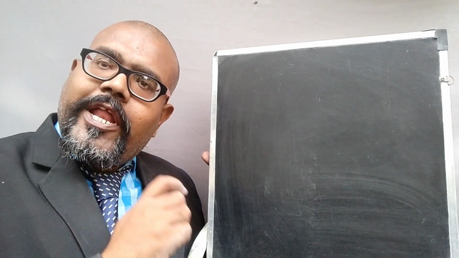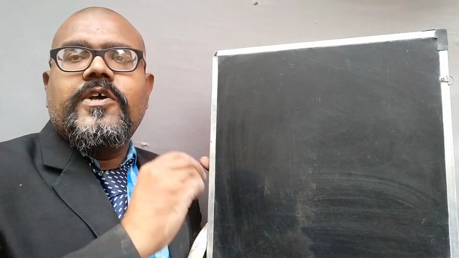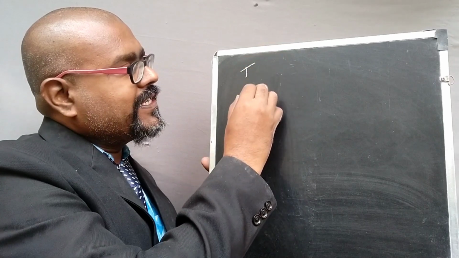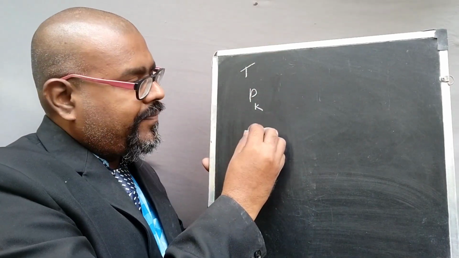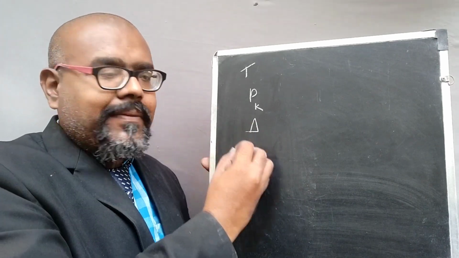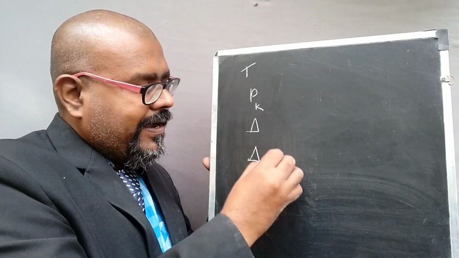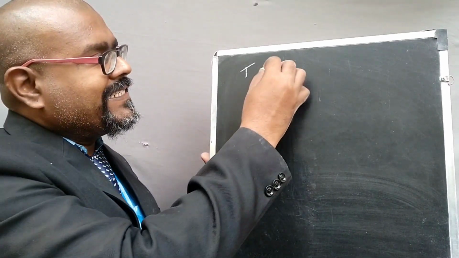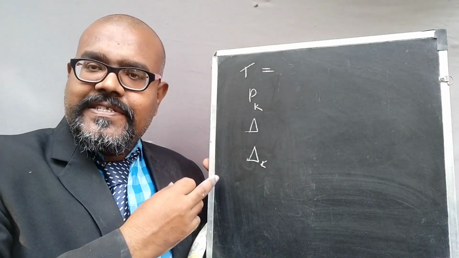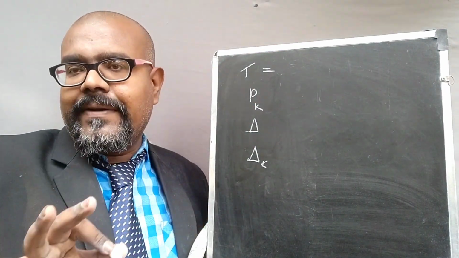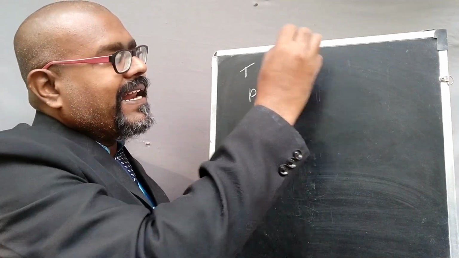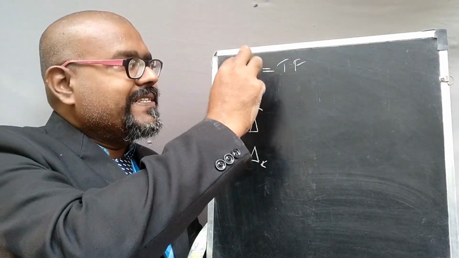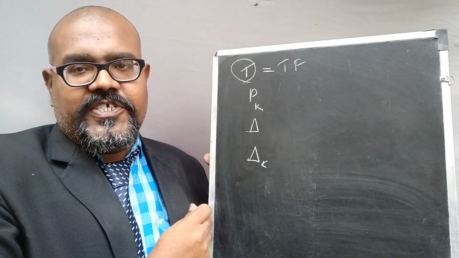See, the variable notations are also very important. Some of the important variable notations are capital T, capital P suffix K, del, that is determinant, del K. So what is T? Of course, we know that this is the signal flow graph especially for determining the transfer function of the system. So the T determines the transfer function of the system. So T is the representation of transfer function.